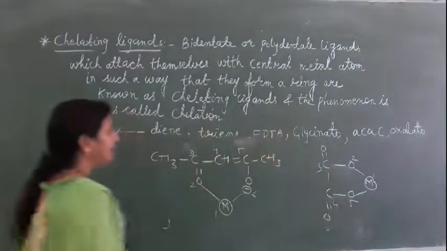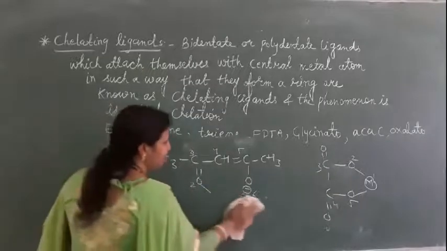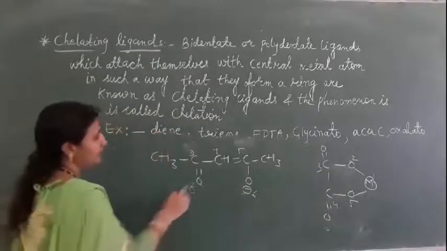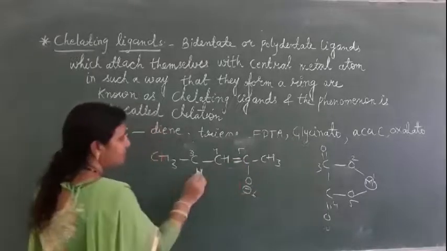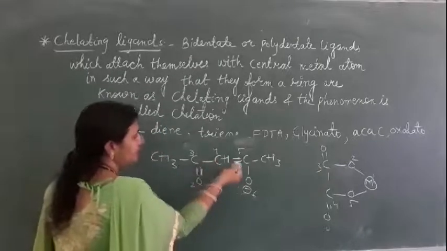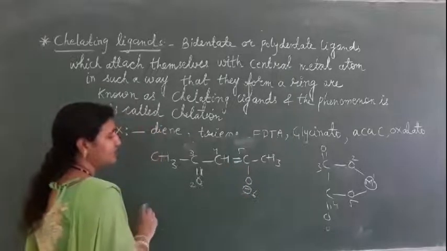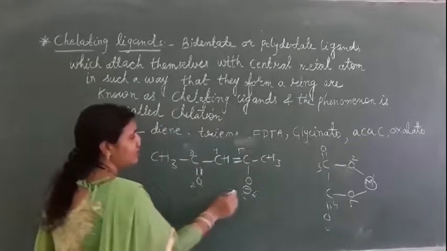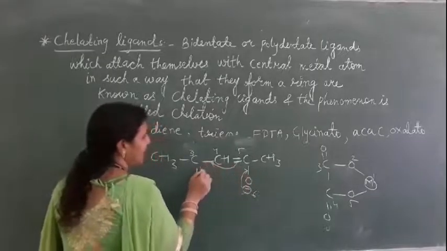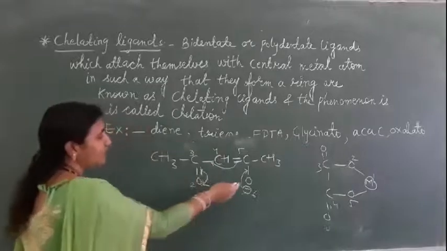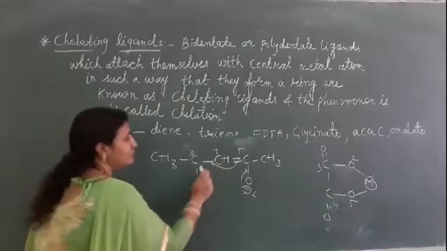This oxalate has a 5-membered ring. But in the other case, we have a conjugation system. What is conjugation? Look at this double bond, and here we have a single bond. So pi bond, double bond, single bond, double bond, single bond, and a charge. Conjugation will take place here and the pi electrons will be delocalized. These electrons come here, these electrons come here, and these electrons again come here, so this charge is delocalized. This is a conjugation system.